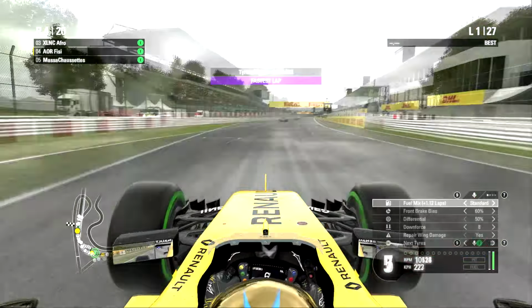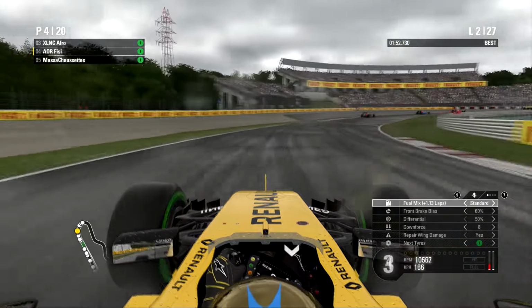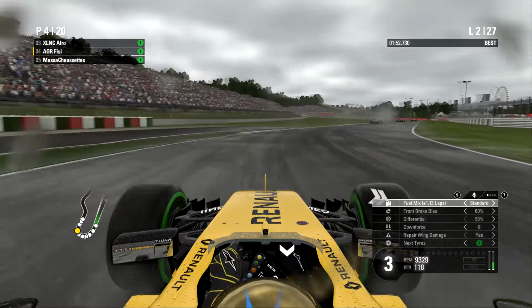The top 3 pulling away, already over a second of a gap up to Afro after the first lap in the race, while the cars behind are still very, very close. But at least we are still in P4, although it might not last long if you're going to miss the apex through turn 1. Massa now on the inside, coming through turn 2 even, and still side by side, but luckily again we have been better on the traction there to cover him off into the S's. But you can just look at the minimap and see the gap to the top 3 starting to increase, and then behind me there's an almighty fizzy train,